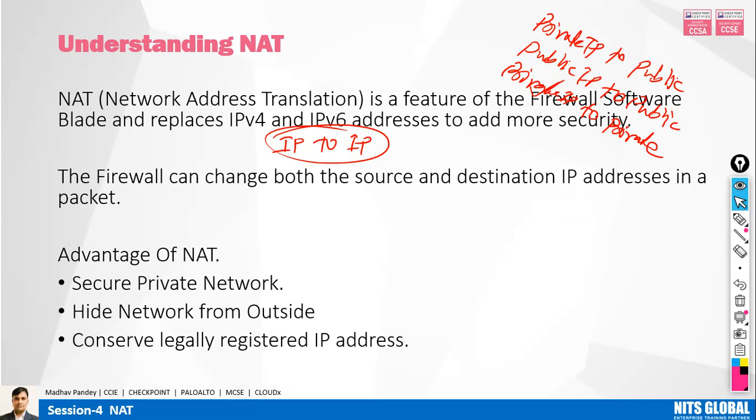Now ideally, when you talk about any firewall, a firewall can change both the source and destination addresses in the packet. When any packet comes to your device, it translates or changes your source IP address or the destination IP address. For example, when your internal computer, let's say